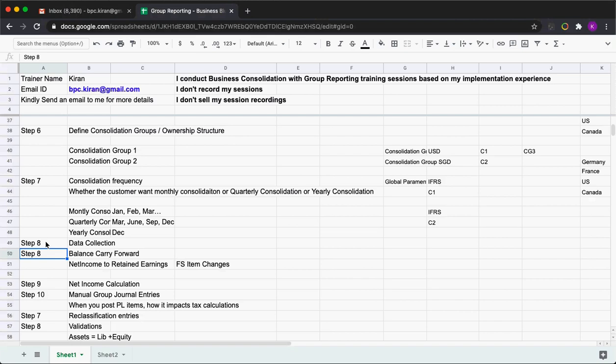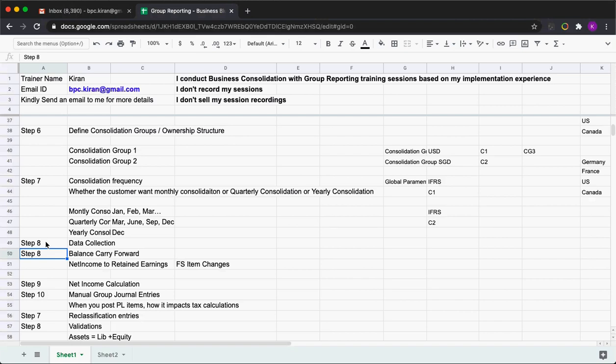So ACDoc A table data will be moved to ACDoc U table. You tell them that in ACDoc A, whatever operational chart of accounts data is there against the company code will be moved to ACDoc U against the financial statement items and consolidation units. Theoretically, you can add one point on data collection: for the SAP units, the data will be collected from the ACDoc A table. That's the point you have to note.